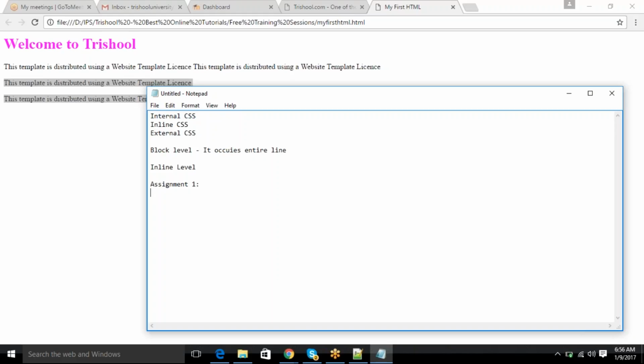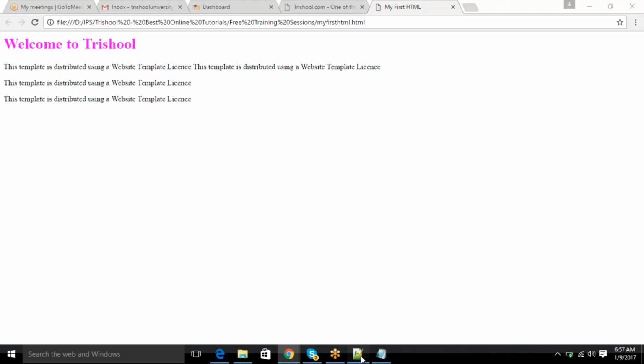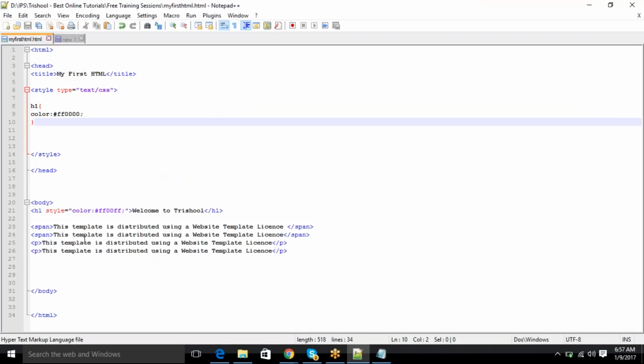This assignment will help you to identify what are the block level elements, what are the inline level elements. So first of all, list out all HTML tags from the internet. I know you can simply Google it, block level elements, inline level elements, you will get all the list, but I want you to list out all the HTML tags, at least some 15 to 20 or whatever, however much your patience allows. Try out everything like this with a dummy content, and list out, create